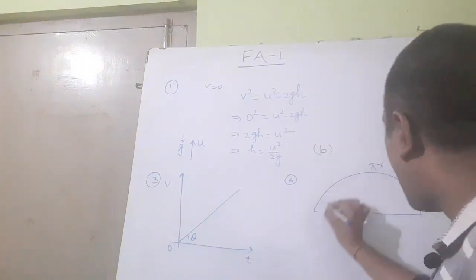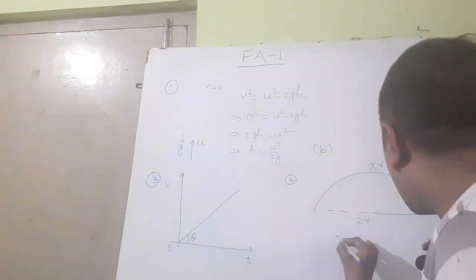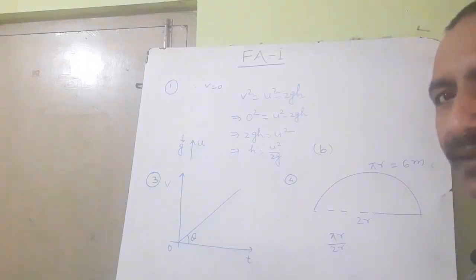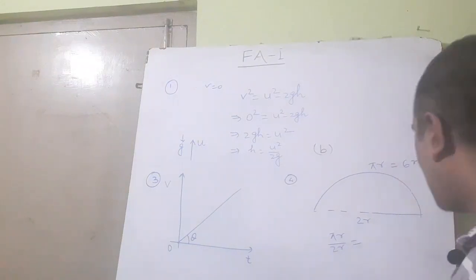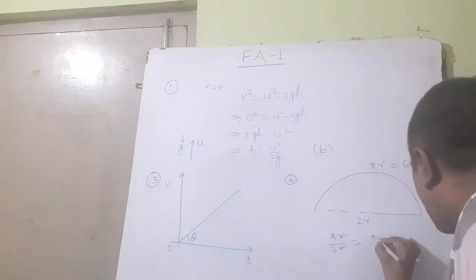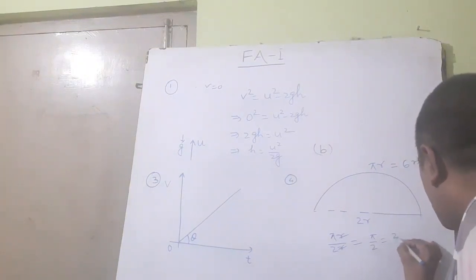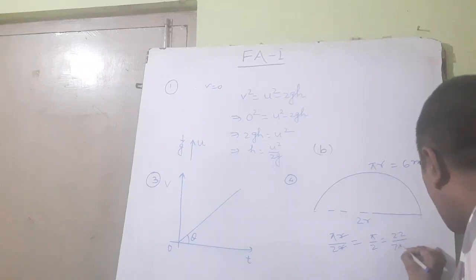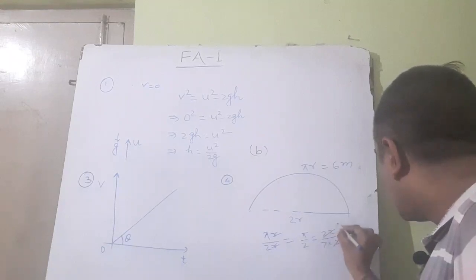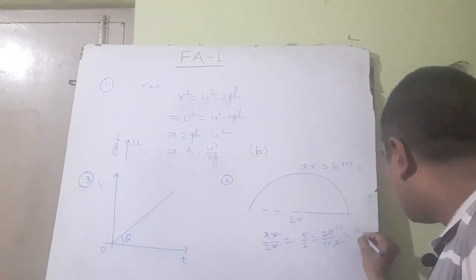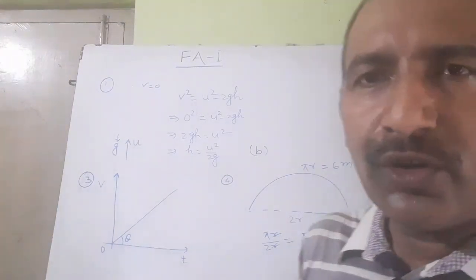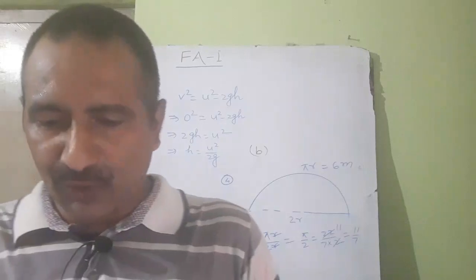You see distance is pi r and displacement is 2r. So pi r by 2r. You have to find pi r by 2r. You see r and r will be cancelled out. You know pi by 2 and pi is 22 by 7. This is 2. You can cancel 22 by 2, 11 times. So this is 11 by 7. What will be the ratio? Ratio will be 11 is to 7. Ratio is 11 is to 7.